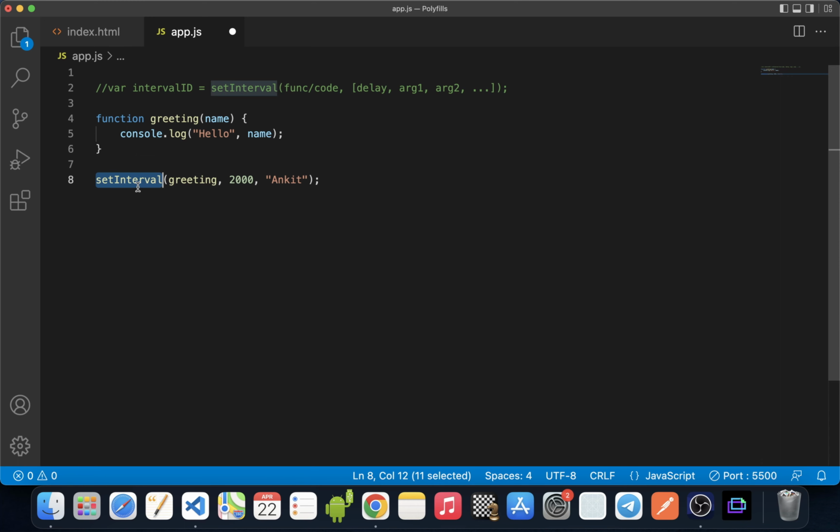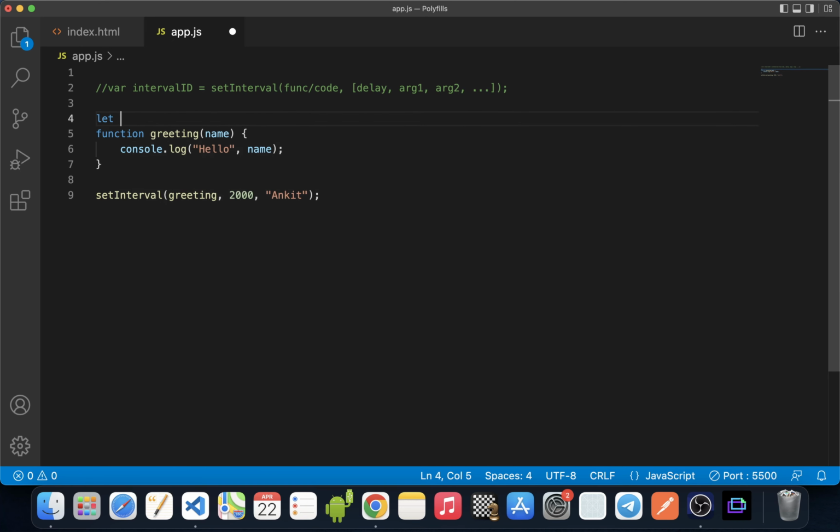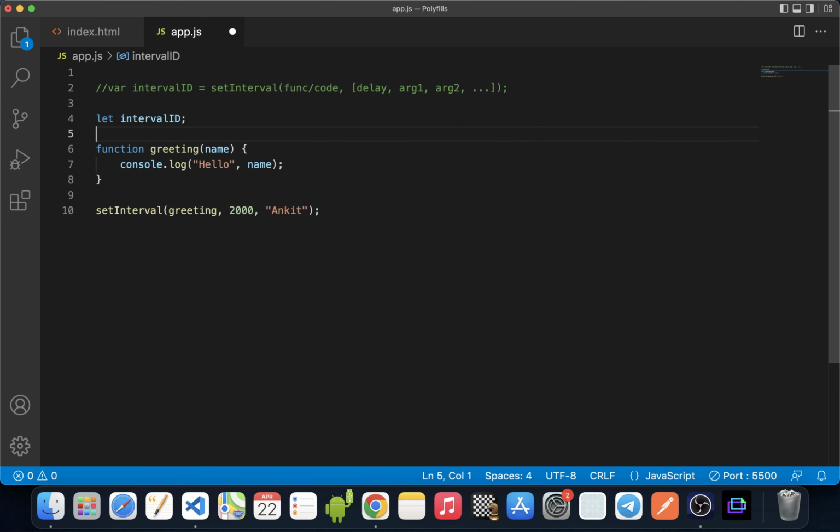This setInterval will return us an interval ID, so let's store it in a variable. Let's declare the variable here, let intervalId, and assign the value here.